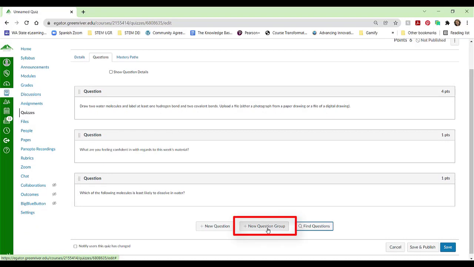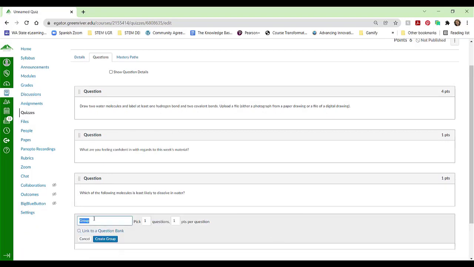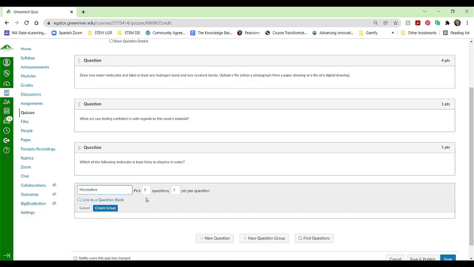Or what is a nice thing to do is also to create these question groups. This is actually really useful if you wanted to, for example, administer an exam, and this can help support the efficacy of the exam by drawing, for every student, a sample of questions from a given question bank. So they're actually getting different questions from each other potentially. And so this can help to curb cheating.